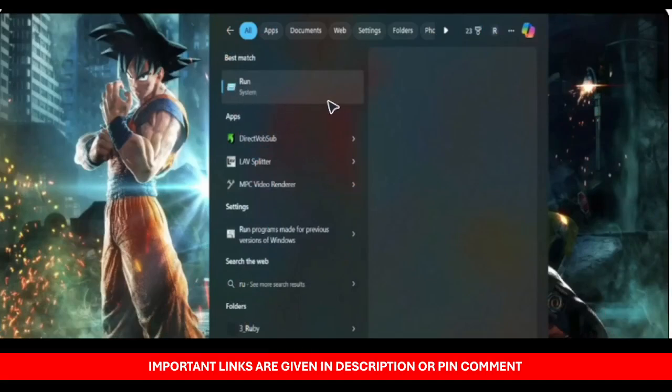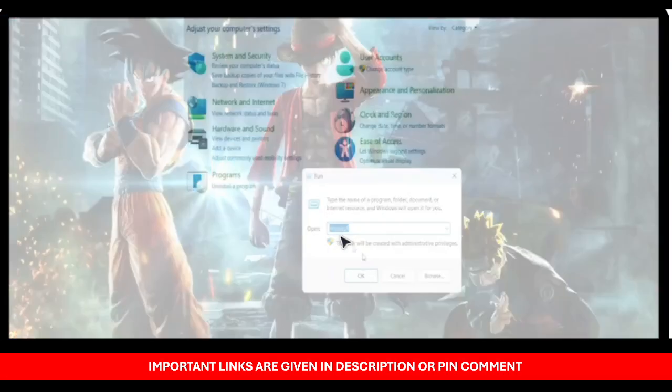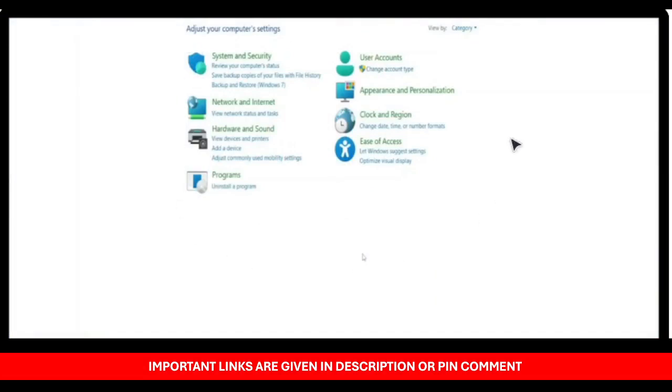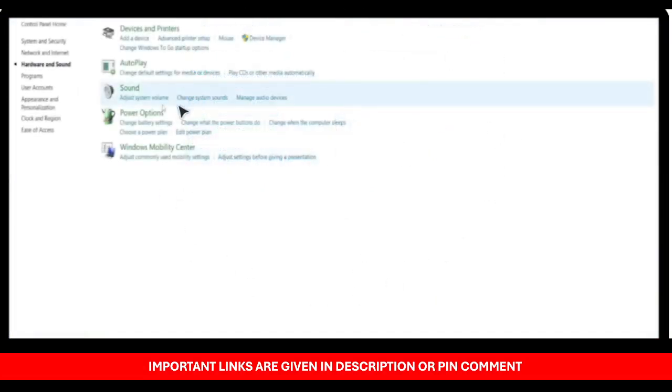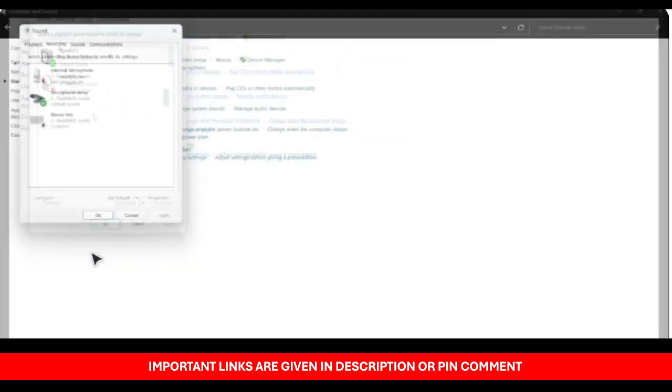The first step is to search for Run here. In the Run prompt, search for Control. Let's select Hardware and Sound, then go to Sound. A pop-up will appear. In this pop-up, go to the Recording tab, and here all your microphones should appear, as